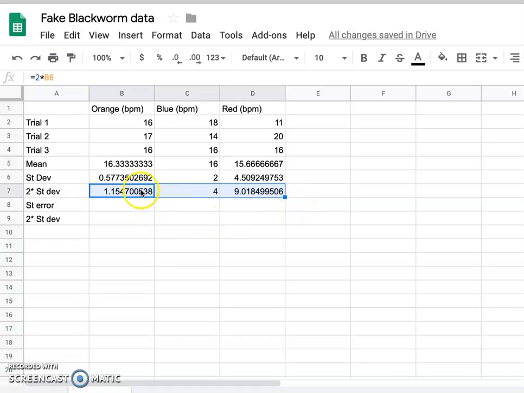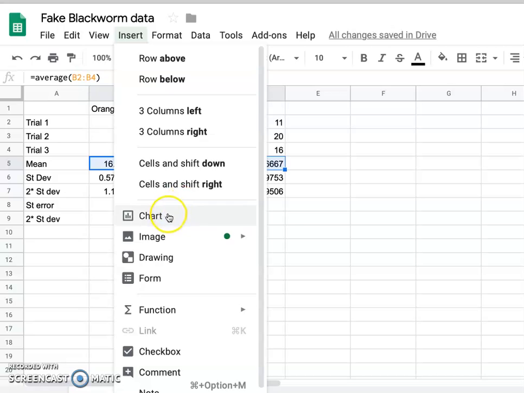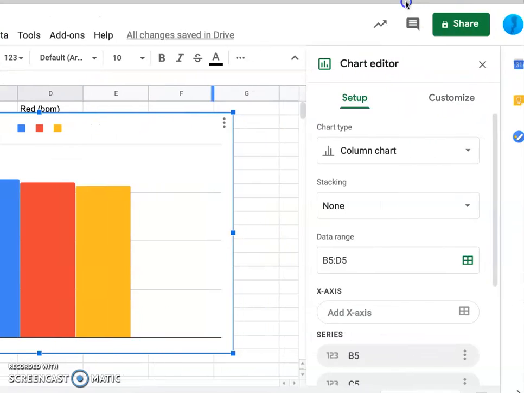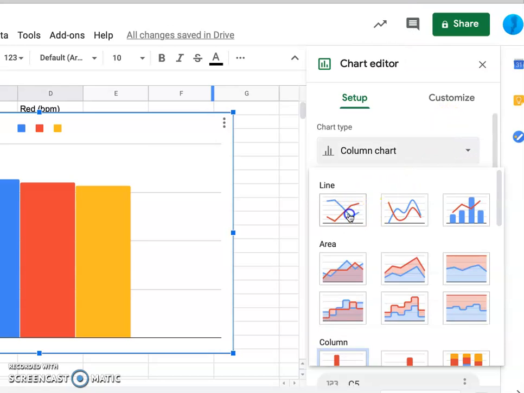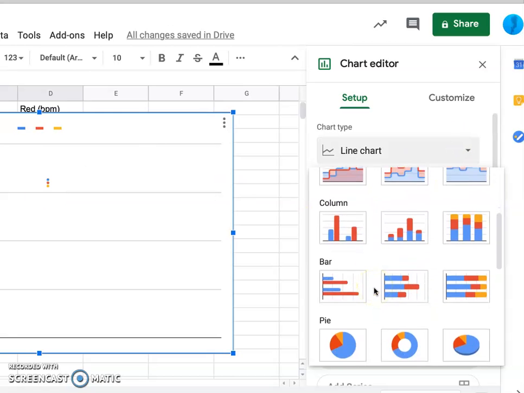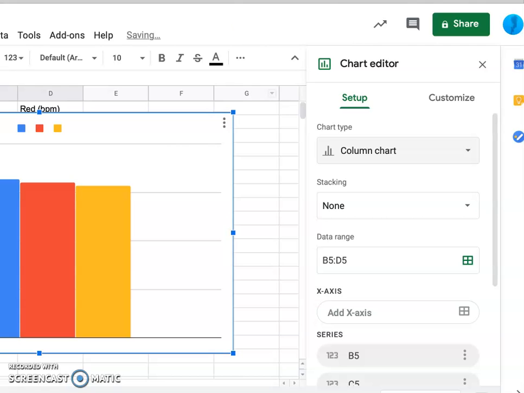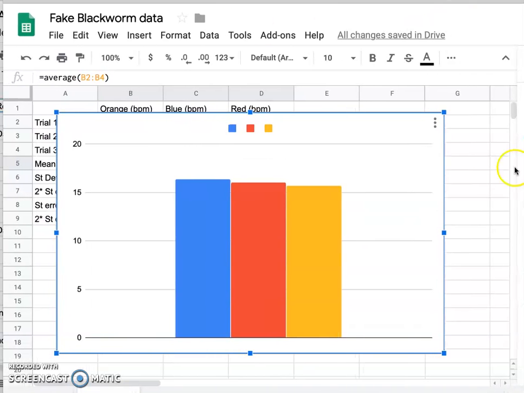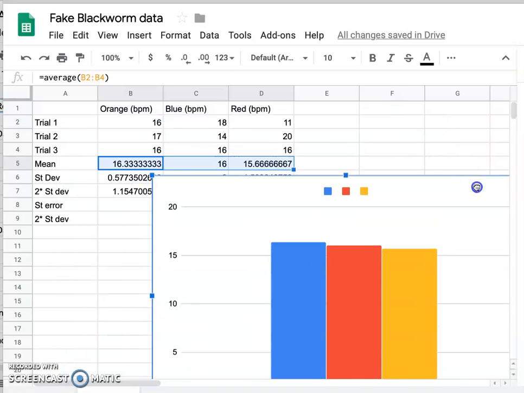So now I want to make my graph, and the main thing I want to communicate is these 3 values, the mean. So I'm going to insert a quick chart, and I've got a lot of choices, right? I could come over here and change it to a line graph. It's just 3 points, so it's not going to make a great line graph. I'm going to make it a bar chart, a column chart, mainly because my x variable, my independent variable, is